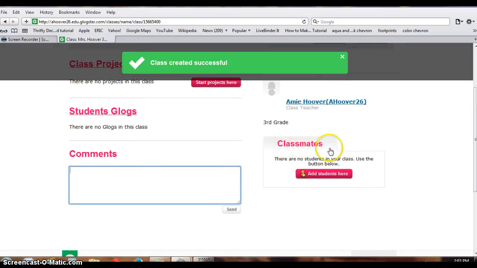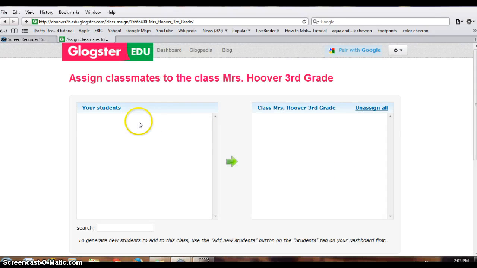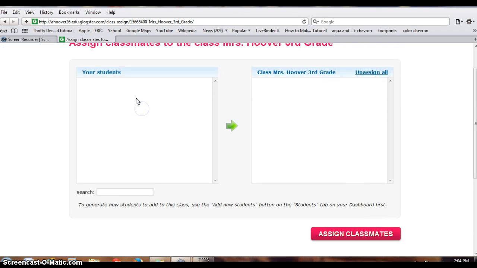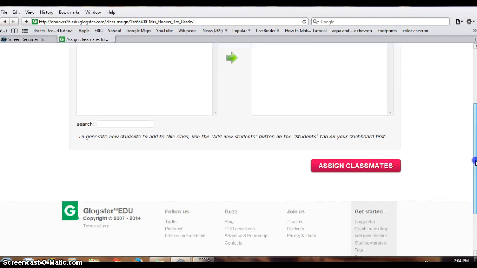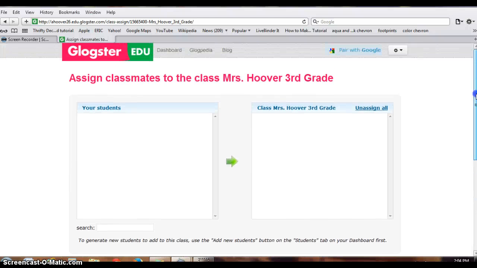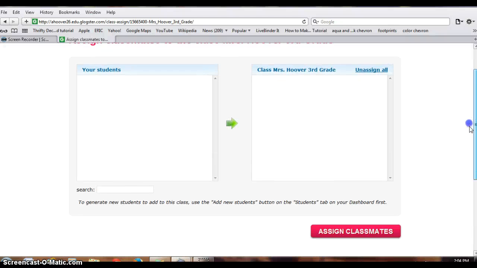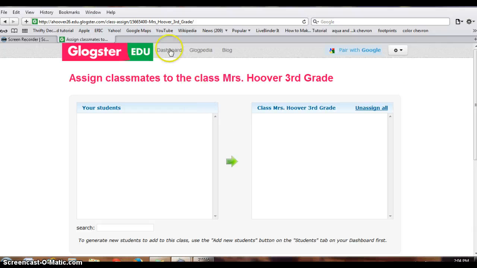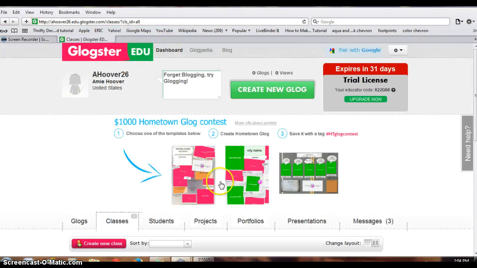Okay, down here at the bottom you see classmates. It says there are no students. Choose the button below, so I'm going to add students to my class. And now that I'm under how to create new students, I'm going to use the Add New Students button. Okay, I see at the bottom, now I need to go to Add New Students in the Students tab first before I can add them to my class. So I'm going to go back to my dashboard